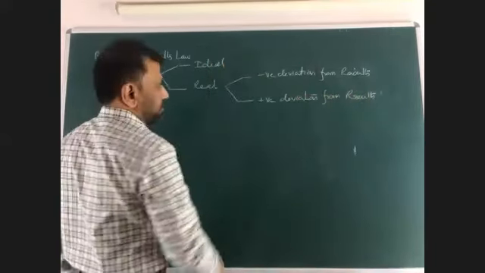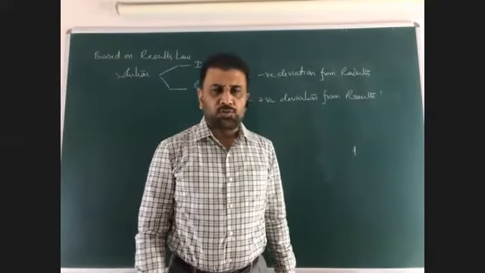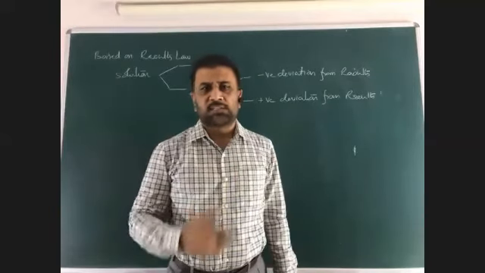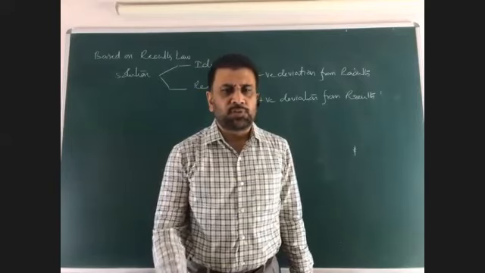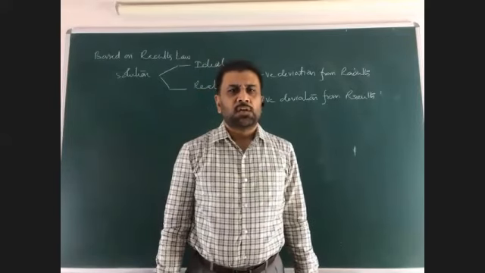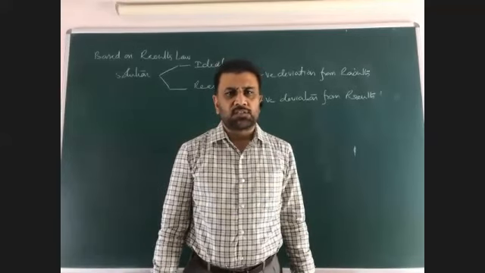This is ideal solution. So we have to learn three types. Based on the Raoult's law, solutions are simple: ideal, just like in gaseous state, ideal solutions and real solutions. The solutions which obey PV = nRT are called ideal solutions. But the Van der Waals equation is there. That Van der Waals equation is a real gas equation, right?